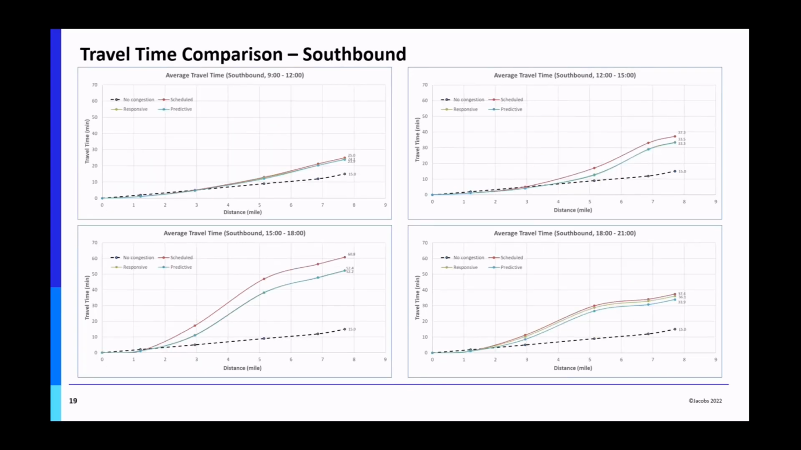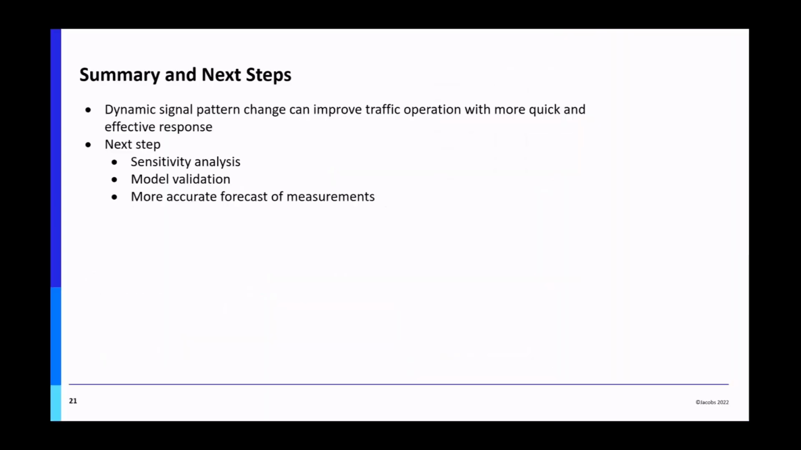And similarly on southbound, the travel time curves of these two dynamic switches were almost overlapped. And compared to the scheduled operation, again, the greatest reduction also happened when the congestion is the most severe, the afternoon time. Okay, so from this case study, we can see that dynamic signal pattern switch can improve the traffic